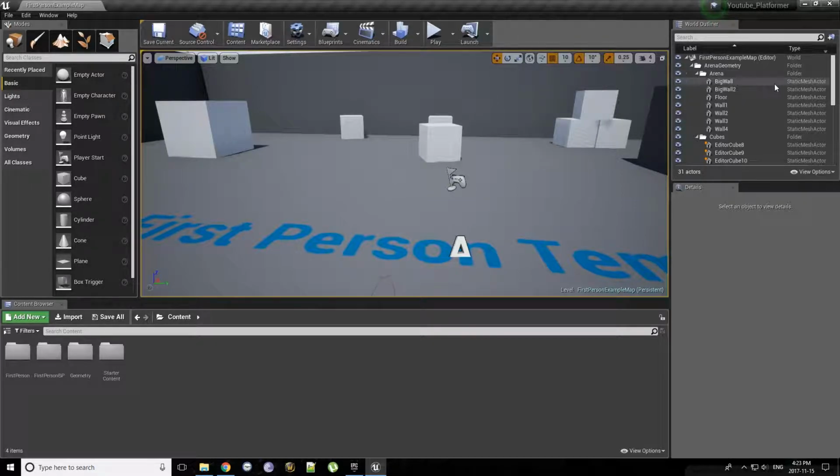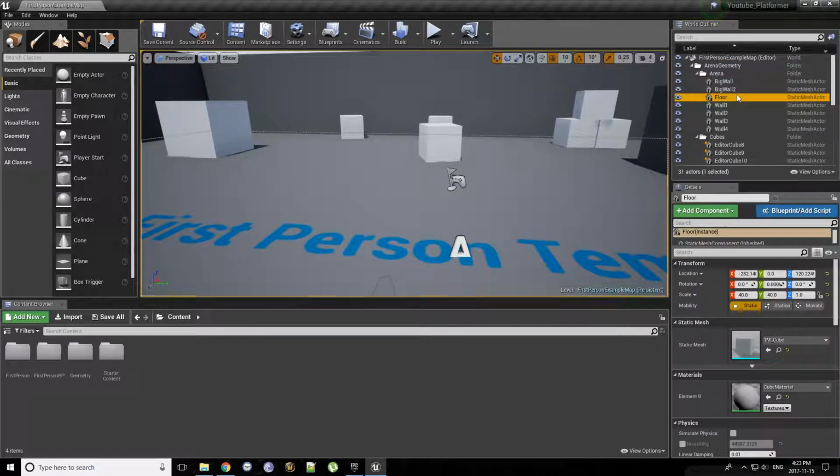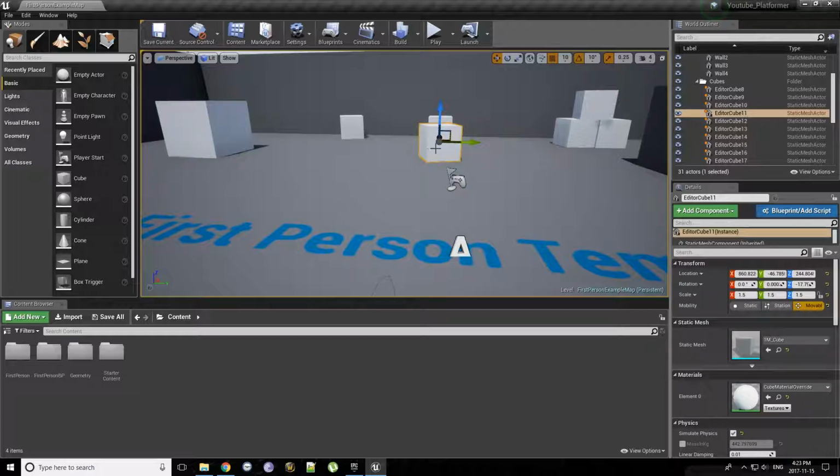So looking to the very right, we have a world outliner. The world outliner is used to view what content's in the level that you currently have loaded. So with this scene that I currently have loaded, these are the assets that are currently within it. And these are all organized in a parent-child structure. So for example, we have a folder called Arena, and in that folder we have all these assets. And you can see, if I select this cube right here,